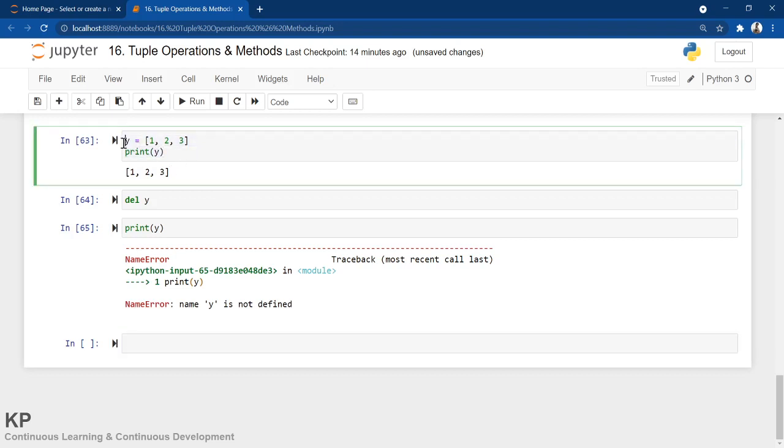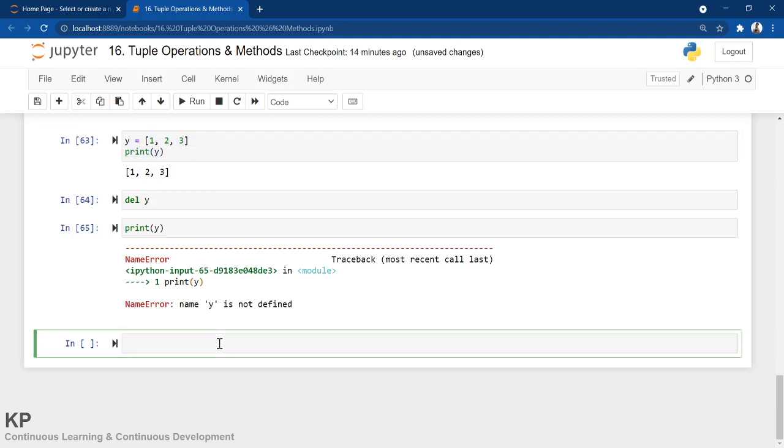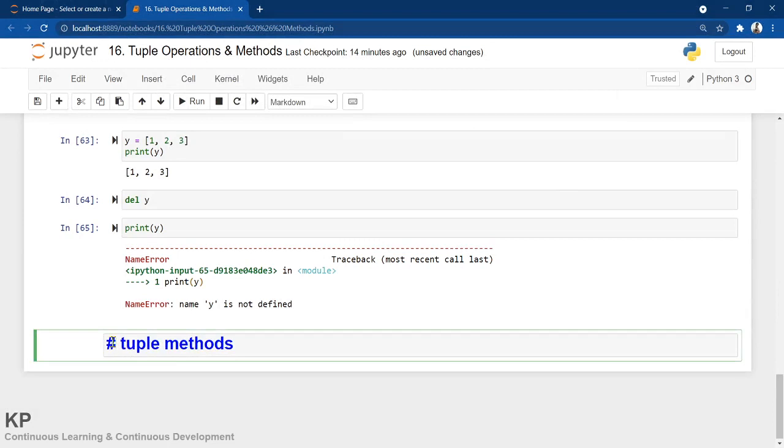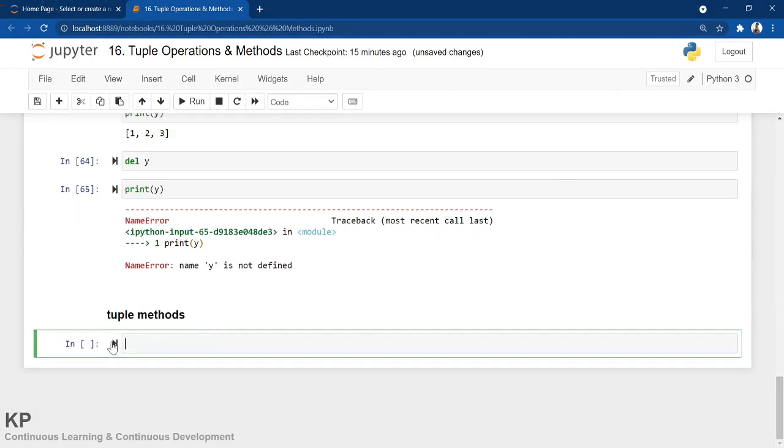So now let's talk about one or two methods about tuple. Let me give a heading, tuple methods. These are similar kinds of methods as we have discussed in string and maybe list.